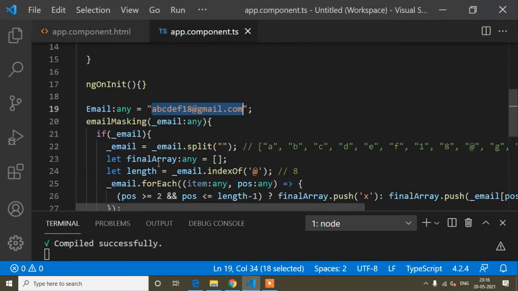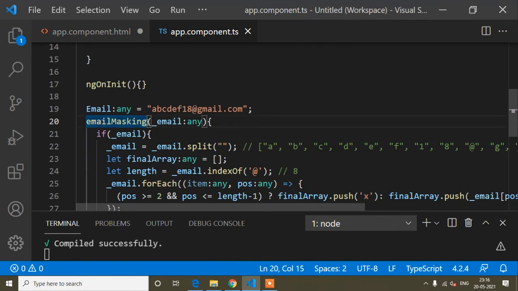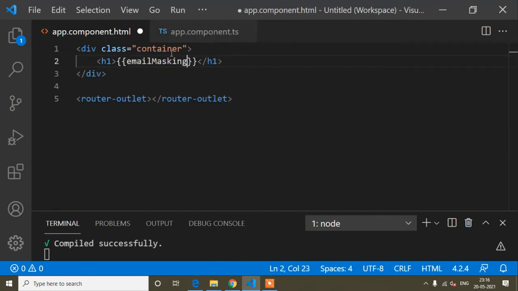Okay, so you can see I'm getting the full email, but guys, here I want to bind the email masking. So here I will copy this email masking, and instead of that I will copy this, and this one is a method. So when we write a method, that time we write parentheses.